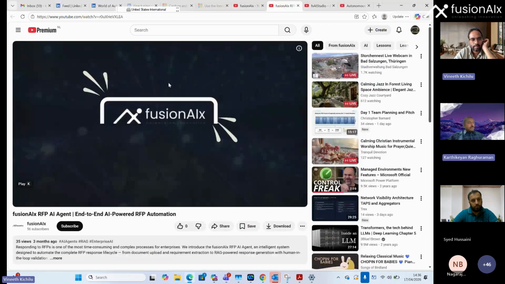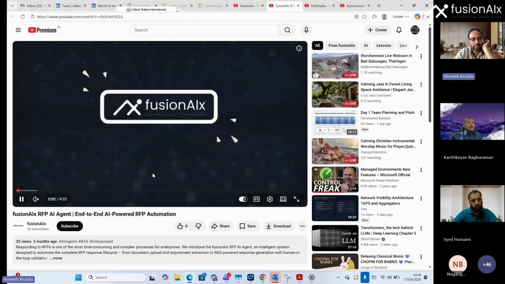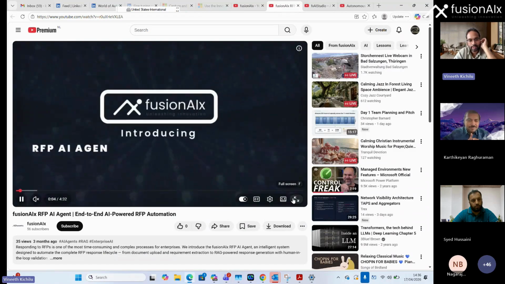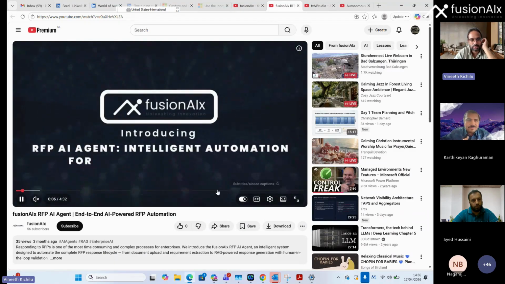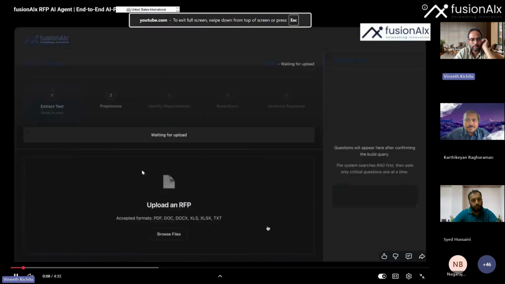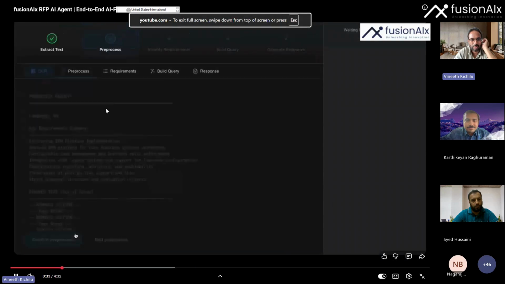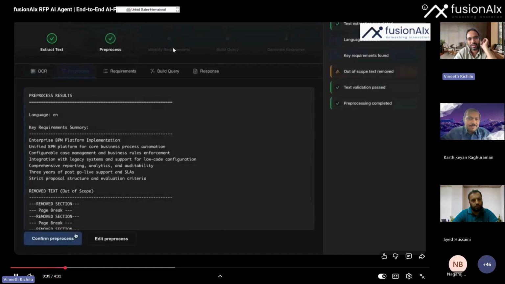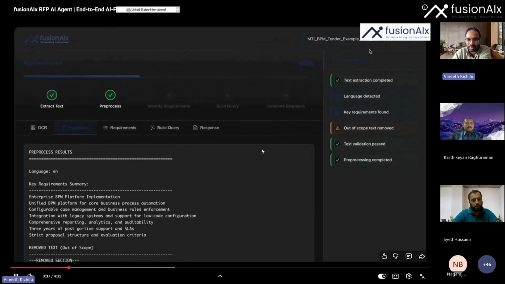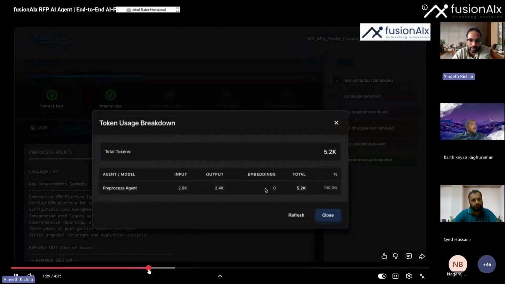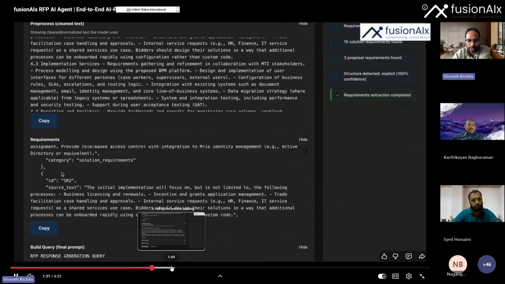What I want to show you first is an RFP agent, which we use internally as our product. We don't sell it. This is a multi-agent system with a human in the loop. I'm going to quickly run through. RFPs are automatically extracted. It has multiple agents which identify requirements, build queries, and generate responses. Each of them sends inputs to the others.